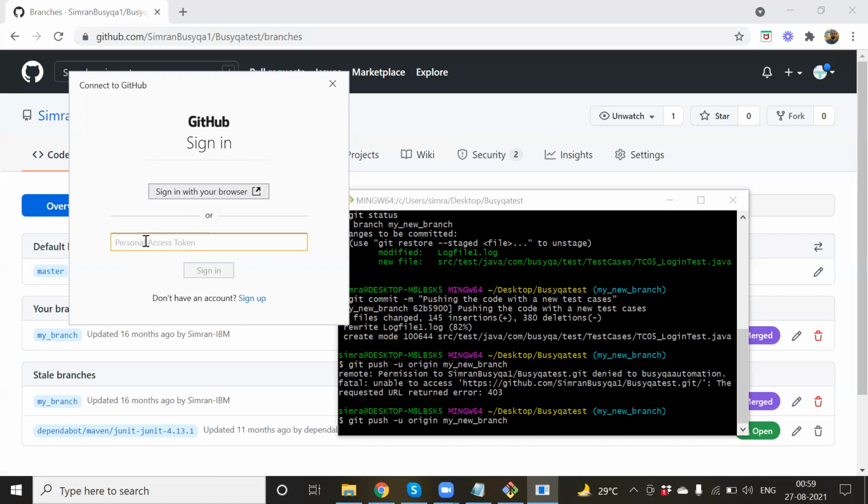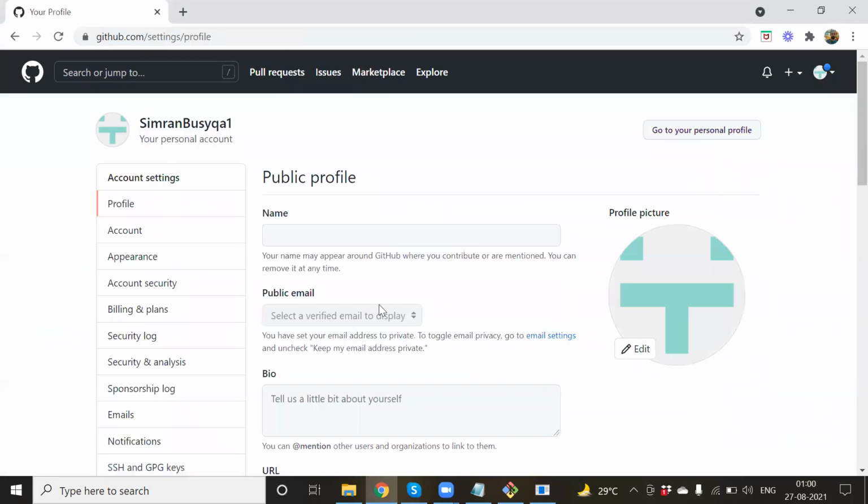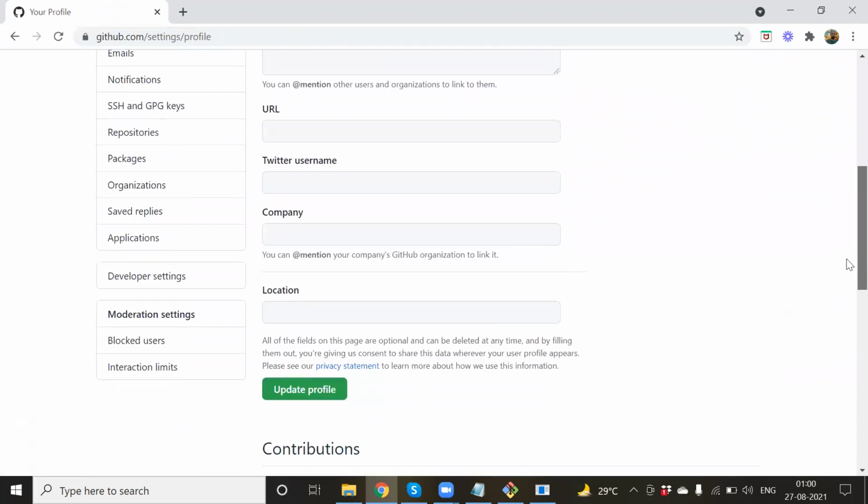And you just have to create it and save it somewhere, so that next time or later, if you want to use it, you can use it directly. Okay, so we'll come back to this one in a bit. We'll go back to our GitHub account, and we have to go to the settings, and we are going to create our personal access token for this account.